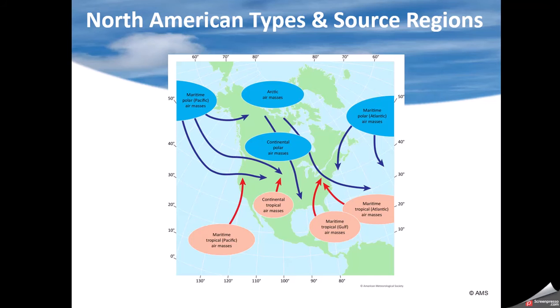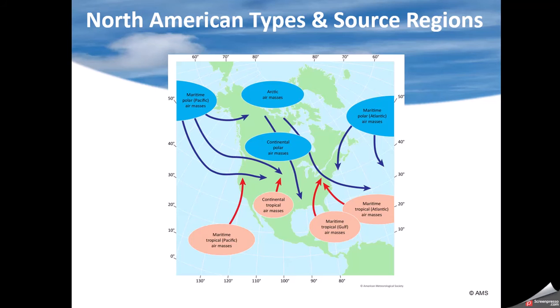So you're going to get maritime tropical air masses. These air masses are going to tend to be moist. They're going to tend to be warm. Now, by the same token, in the summertime, maybe the desert Southwest might form a continental tropical air mass. It's fairly dry, fairly hot. You know, when you're going to get the 100-degree weather out in the Midwest.